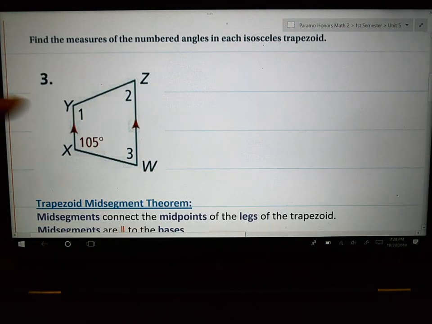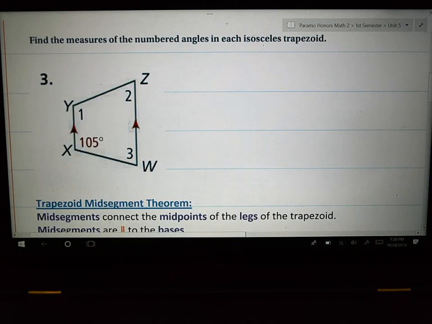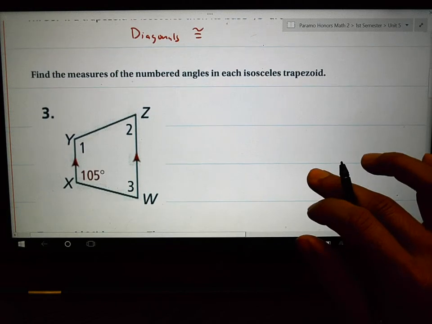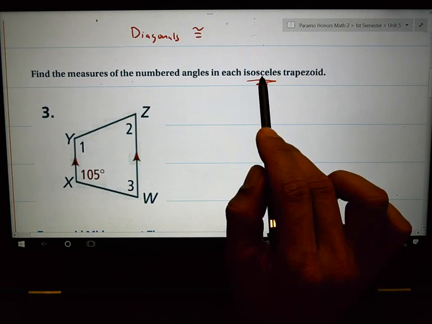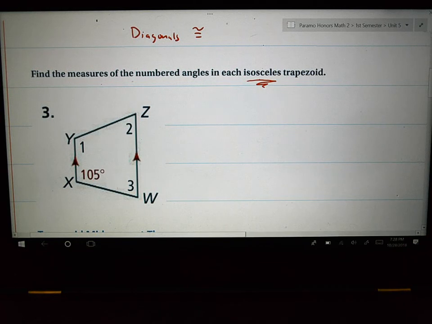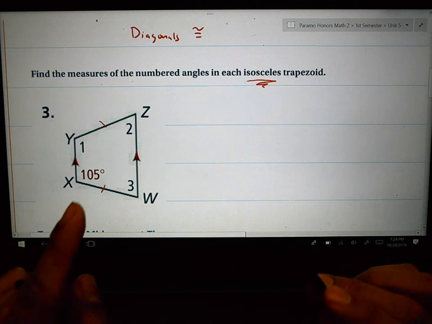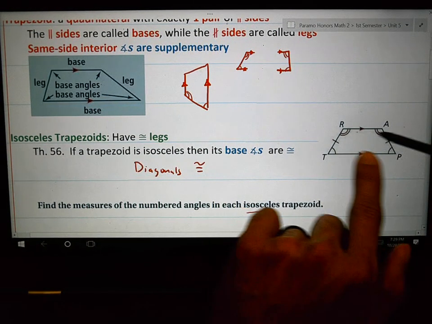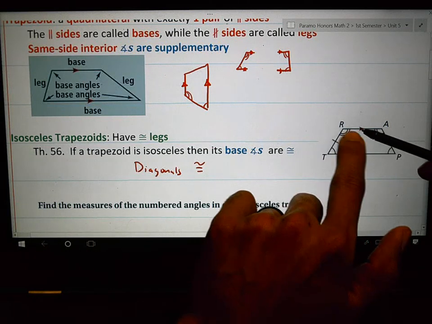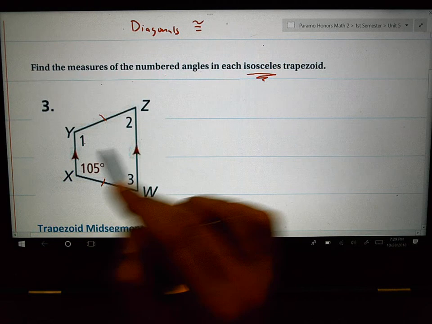It says, find the measures of the numbered angles in each isosceles trapezoid. We need to figure out what angle 1 is, angle 2 is, angle 3 is, and so on. The only way we can solve this is using this word. It tells you it's isosceles. What does that mean? That means that the two legs are congruent to each other. It also tells you that because it's isosceles, the two base angles, the ones on the same side of the parallel lines, are congruent to each other, which means angle 1